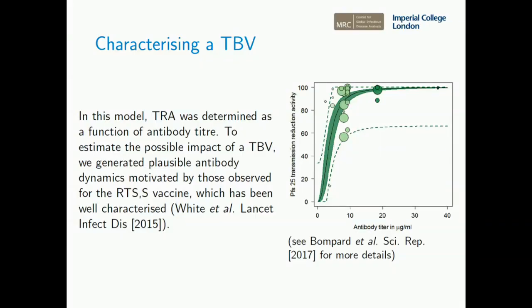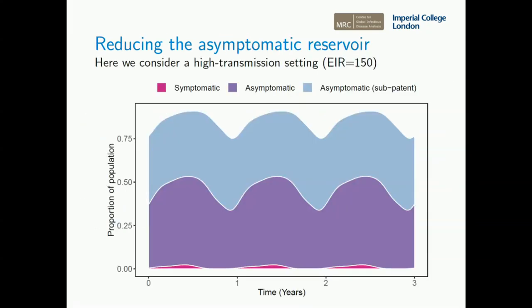What's missing at the moment is the duration of these antibody titers that are provoked by the vaccine. And until we have data on that, we're assuming, what would be the impact if those titer durations looked something like the RTS,S vaccine, which has been very well characterized. So going back to these time series,